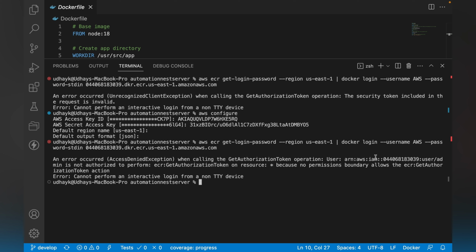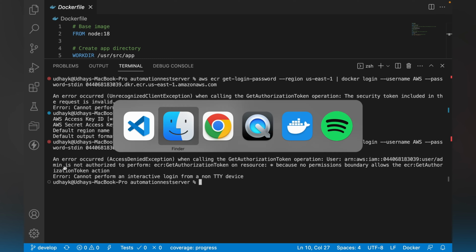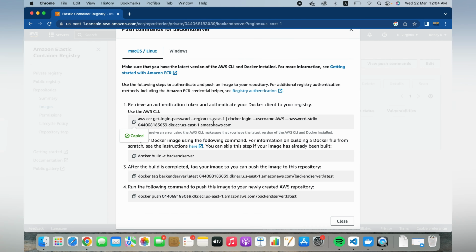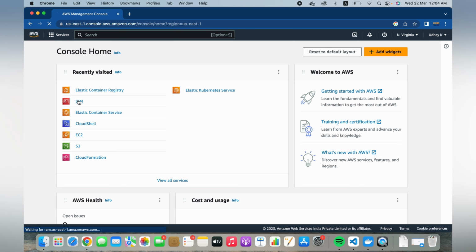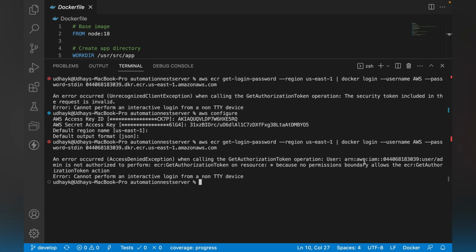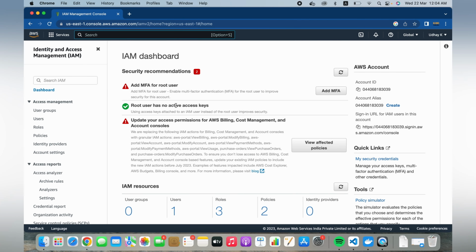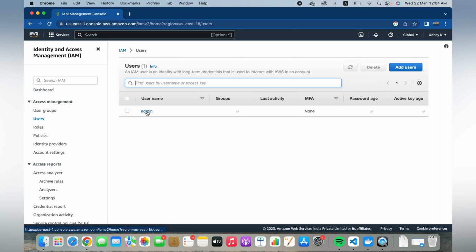Seems like it is having an access issue. AWS or a user admin. There is some user admin permission error we are getting, so we don't need to panic. We will go to the IAM and we'll check what is happening exactly. User/admin. Okay, users,